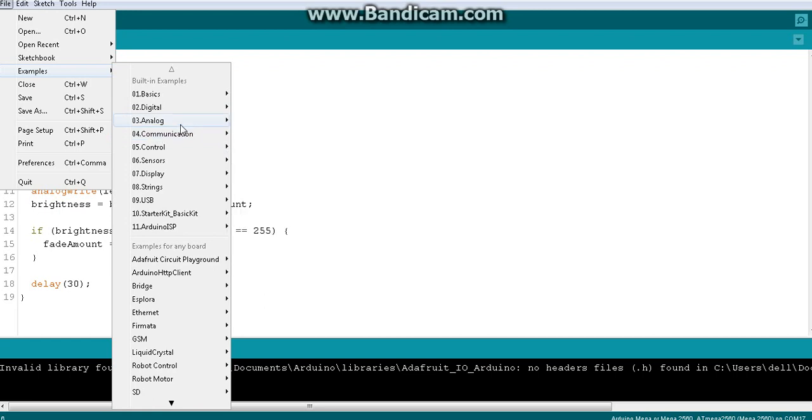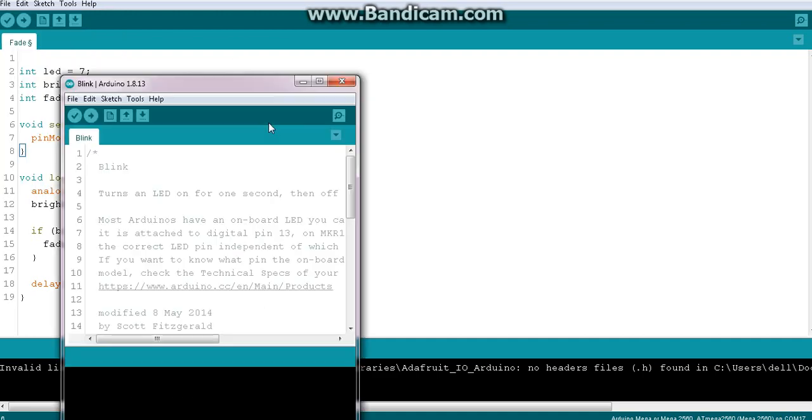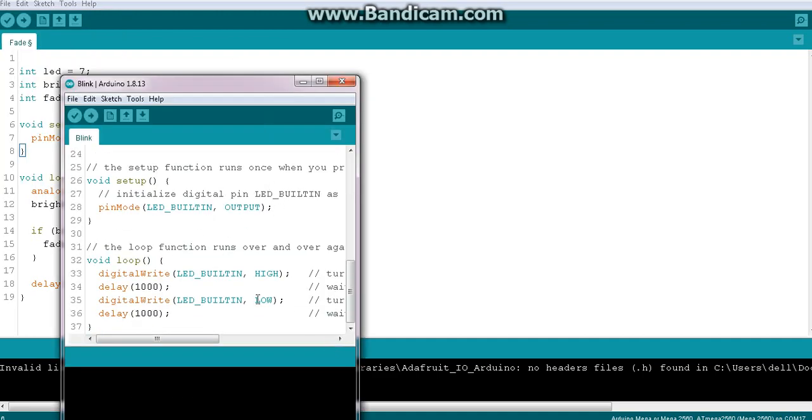If you want to start with something, you can take an example code and study it. For example, let's say you want to do something with buttons, switches, then you can open this button example, go through that and read and get some understanding of basic button scenarios. Then you can customize it according to your purpose. That's all. Likewise, blink is in the examples. Blink we have already done separately, but still blink is something basic, so they have given it under examples. If you open blink, you can see the same coding of blink.